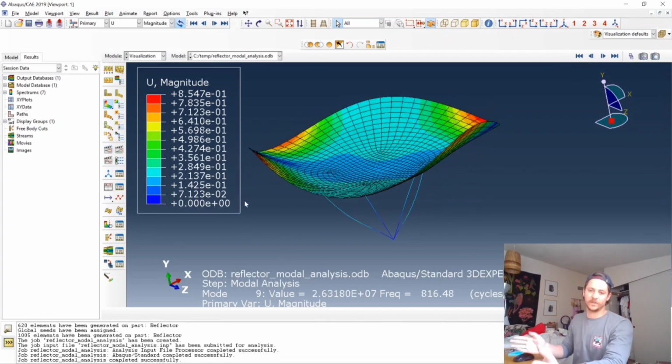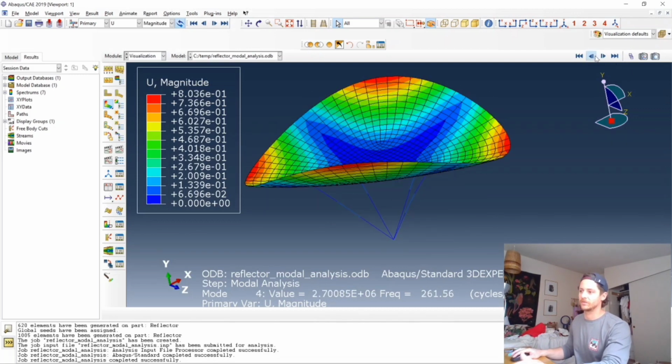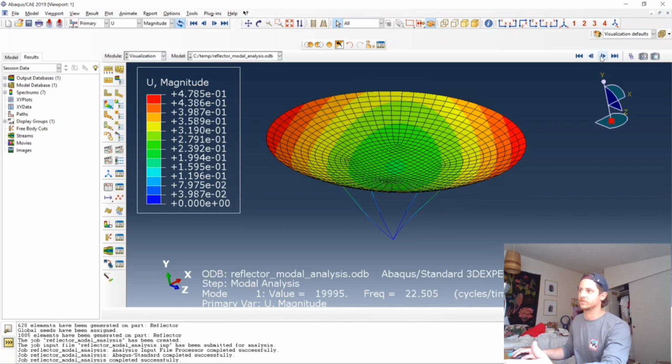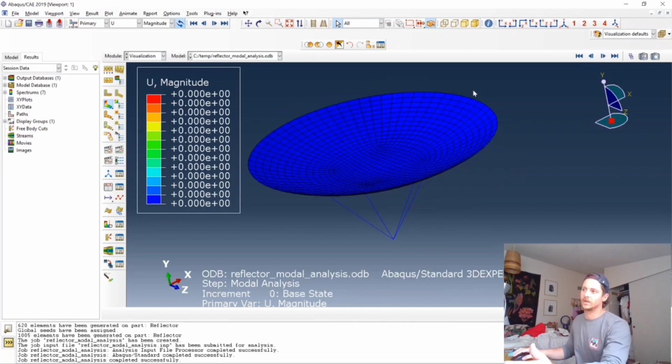Okay, what we're interested in for this problem is really just the gross deflection and gross response due to the lower frequency forcing. So it really just looks like we have modes around 22 and 23 hertz. So that's good. What we're doing here is this information is setting up our forced response analysis. So what we can do now is go back